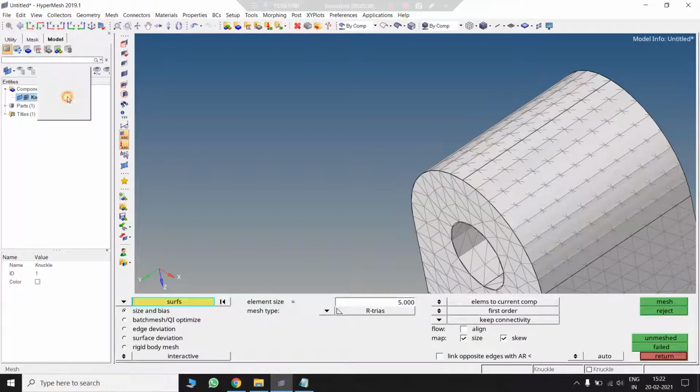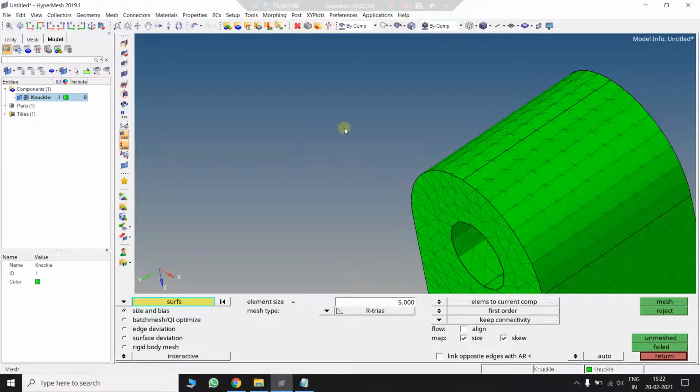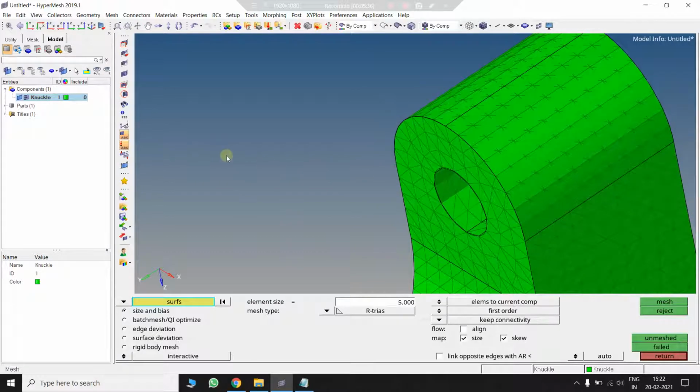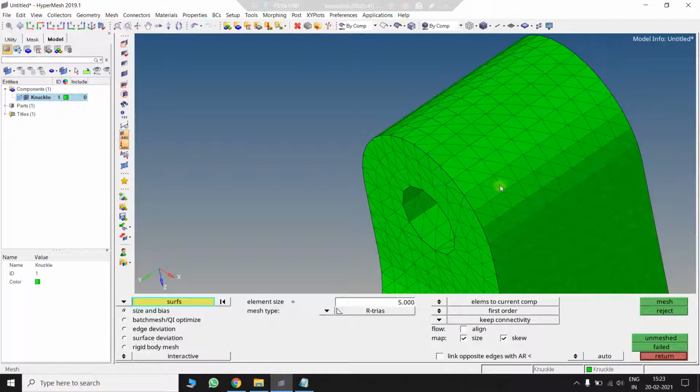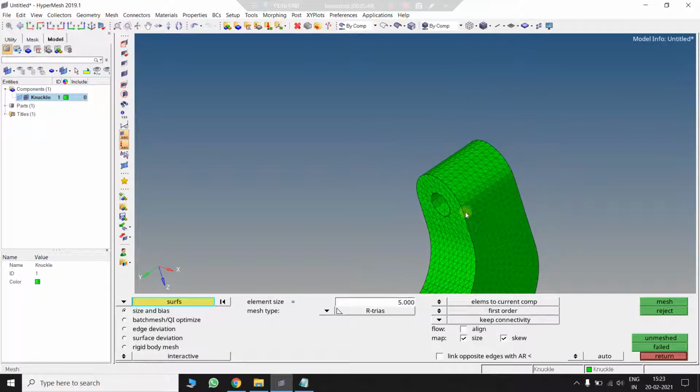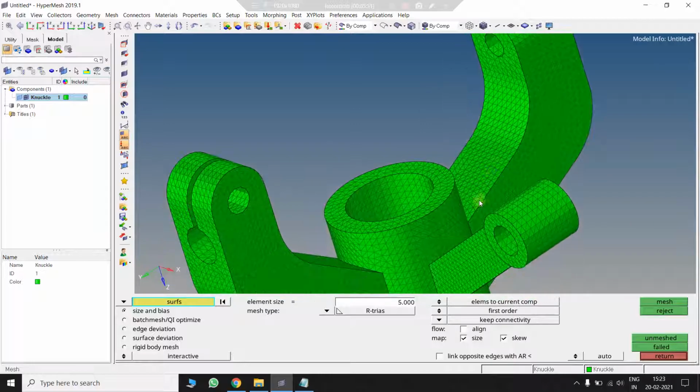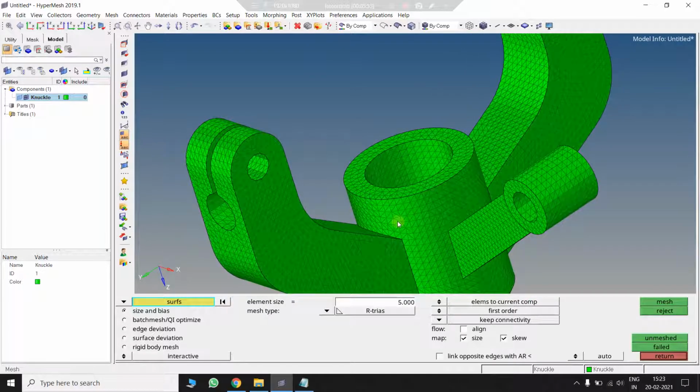Okay, I'll change the color from white to green because that looks nice. If you want to see only the finite element entities, just press hide the geometry, so only finite element entities will be visible. Okay, the 2D mesh has been created.